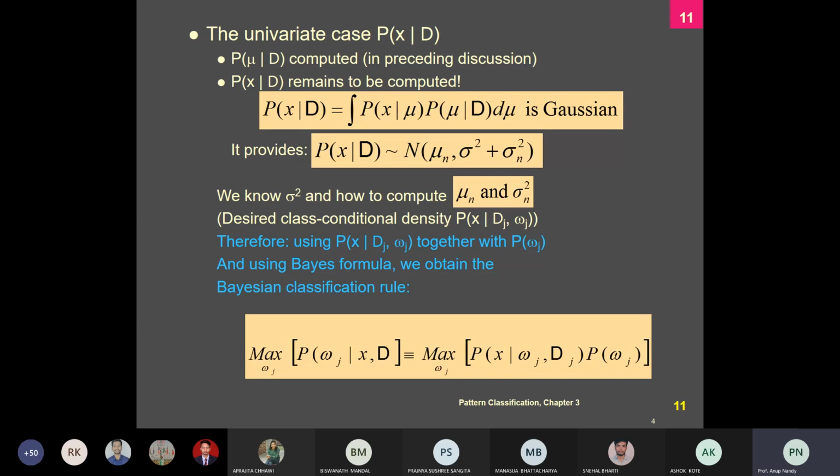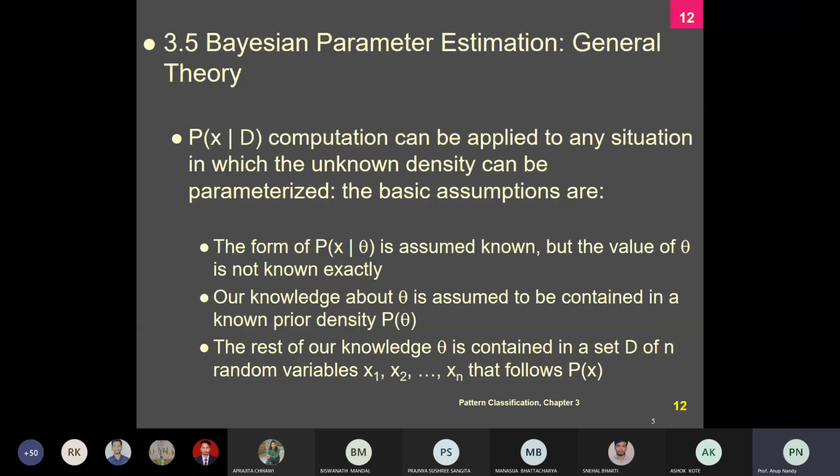In the multivariate case, more complex things come up. You can see the Duda Hart book for the multivariate case also. But in the exam, sorry, in the lab practical portion, you have to implement the univariate case, not the multivariate. You can just go through it. And if you understood the concept of MLE, then you can easily see the differences between both the things. Now I'm just completing it.